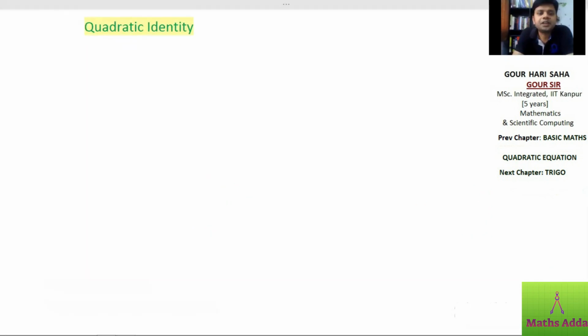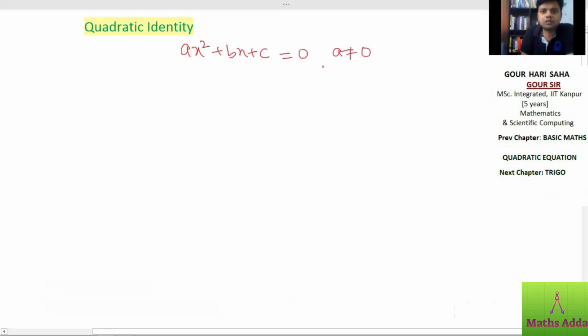Next is quadratic identity. So we know what is quadratic equation. Quadratic equation is ax square plus bx plus c equal to 0, where a is not equal to 0. It has two roots alpha and beta, right? It can be real, it can be complex. So what is quadratic identity? Identity is one which is true for all values of x. So quadratic identity is what? ax square plus bx plus c equal to 0 when it is satisfied by all values of x,